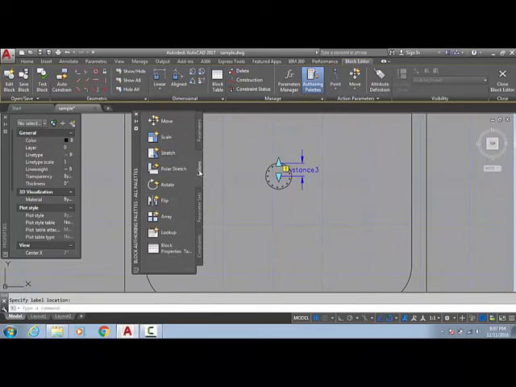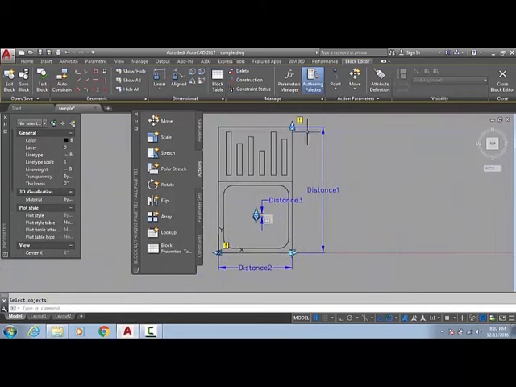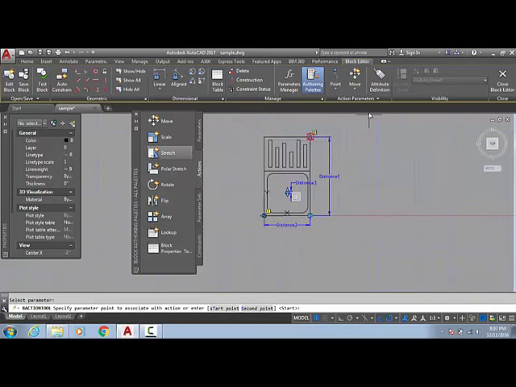Now what I am going to do is scale: select the parameter, select the object, and enter. This one is going to be scaled, but in this case I will use stretch. Go to stretch, select the parameter, select the point where it will be displayed, the first corner of the window like this one, and select the object.